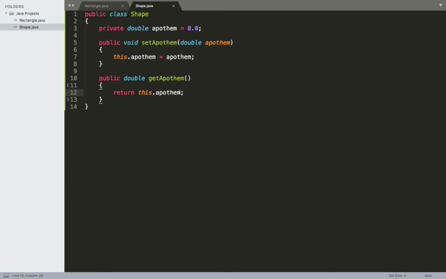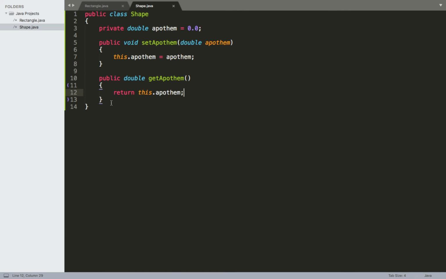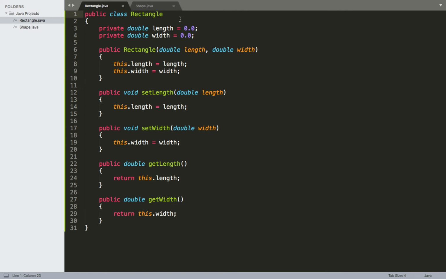The last thing I need to do is establish a relationship between the two of these. Right now I've effectively got all the code for this box representing my shape class and everything for my rectangle box representing that class. Now I need to establish the connection, this arrow between the two of them that indicates this relationship. So I need to come back over to my rectangle,